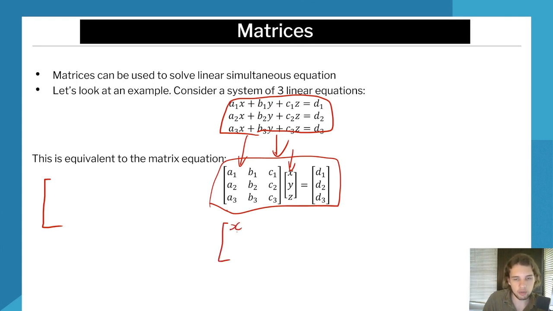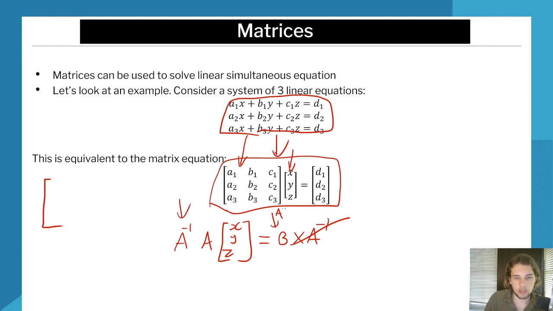So if we put x, y, and z here, and this is multiplied by A, we'll call this A, and this equals B. Now if we want to get x, y, and z on their own to find what they are, we can multiply both sides, and remember that order matters. You can't do it like this. That's wrong. If you put the inverse of A out the front,